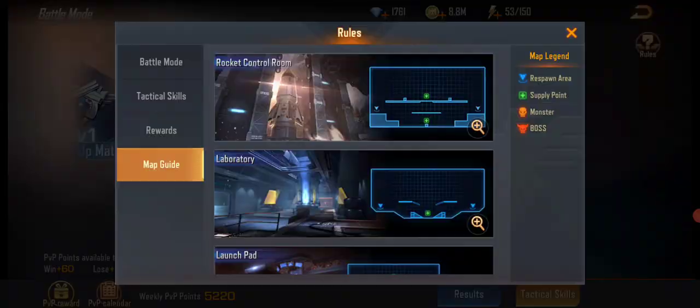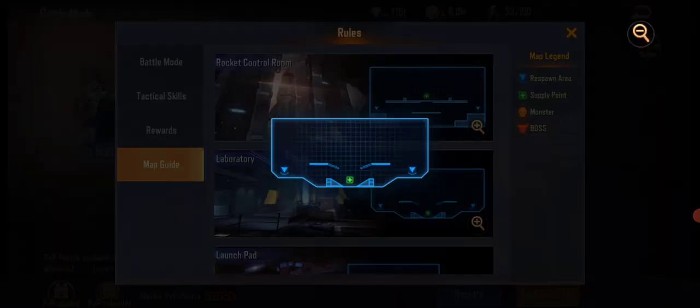We'll actually go to the laboratory. This is the least important map. There's not much to say about this map. It's hard to dodge on this map, but if you look at it, when you move down all the way